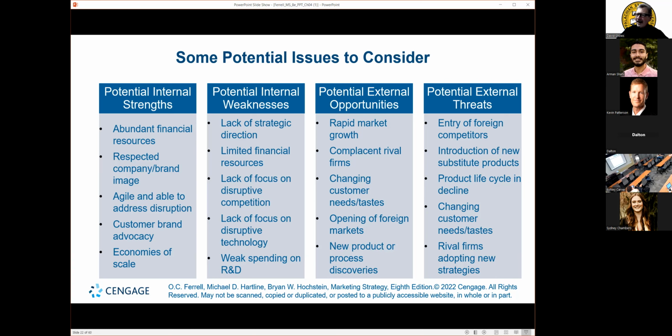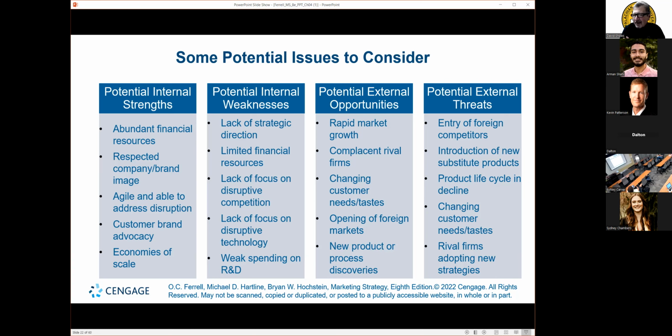Weaknesses can be just a simple lack of strategic direction. I think Microsoft, even though they thought they had a direction, was a little bit confused at one time. Limited financial resources can be the number one weakness to any organization. Let me also say this. Too much financial resources can be a weakness as well, because you think that you're invulnerable to anything that can come down the pipe. Ain't so, all right? Lack of focus on disruptive technologies, the concern that Microsoft had to protect their past.